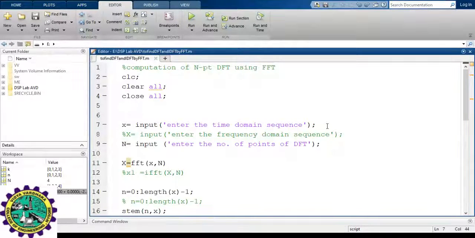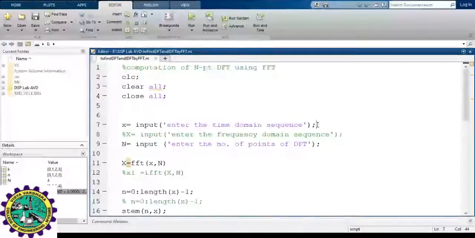As a result, I'll ask the user to enter the time domain sequence. Let x is equal to input, enter the time domain sequence. Since there is a semicolon here, this line will not appear in the command window. Through this line, we are asking the user to enter the time domain sequence.